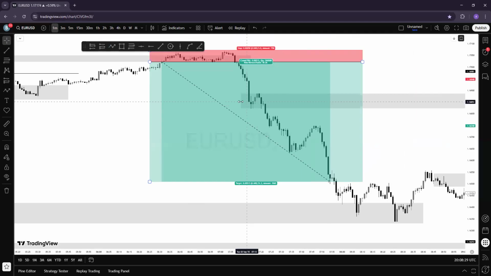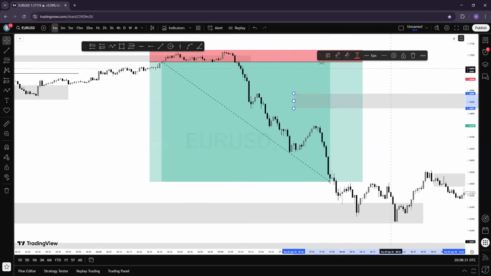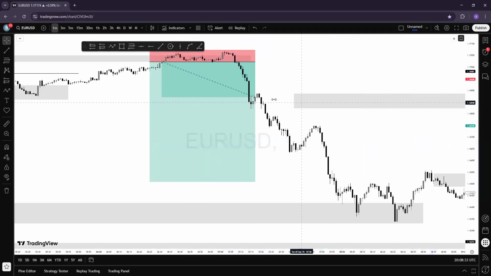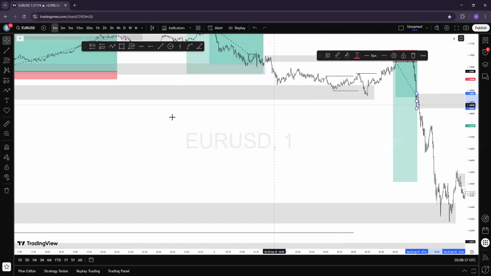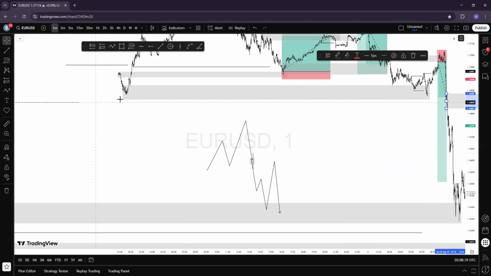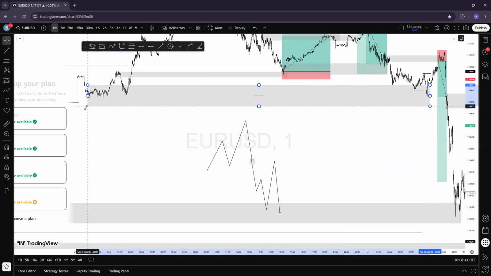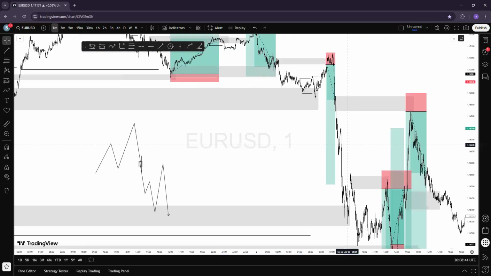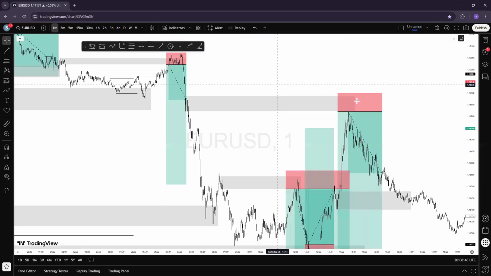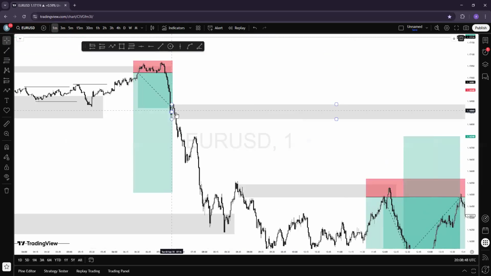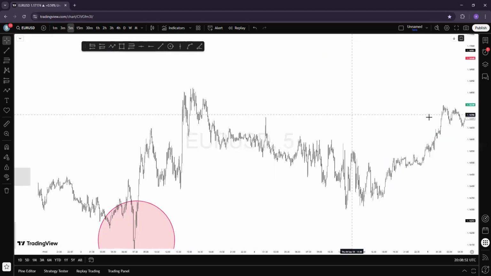Can you see how the market consolidated there a little bit? This is it. It consolidated at this particular demand level, this demand level on the 1 hour that is supposed to buy the price. And this is the closest POI to the liquidity. That is why the market used it.